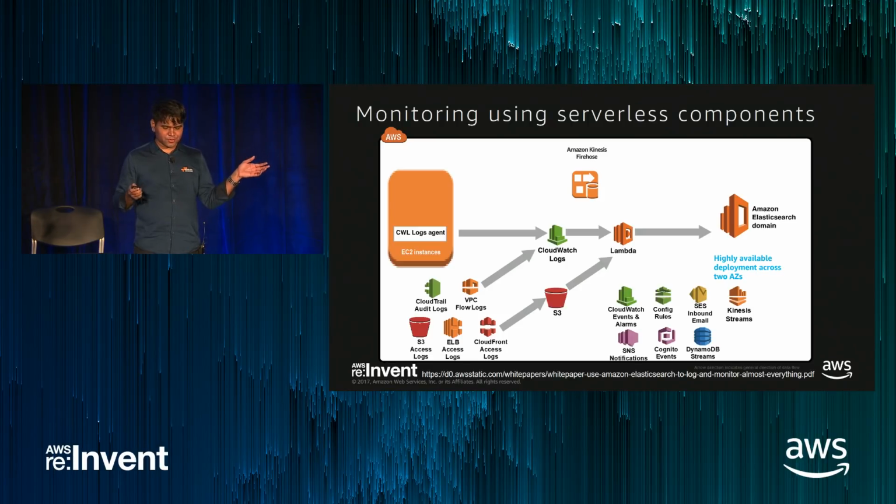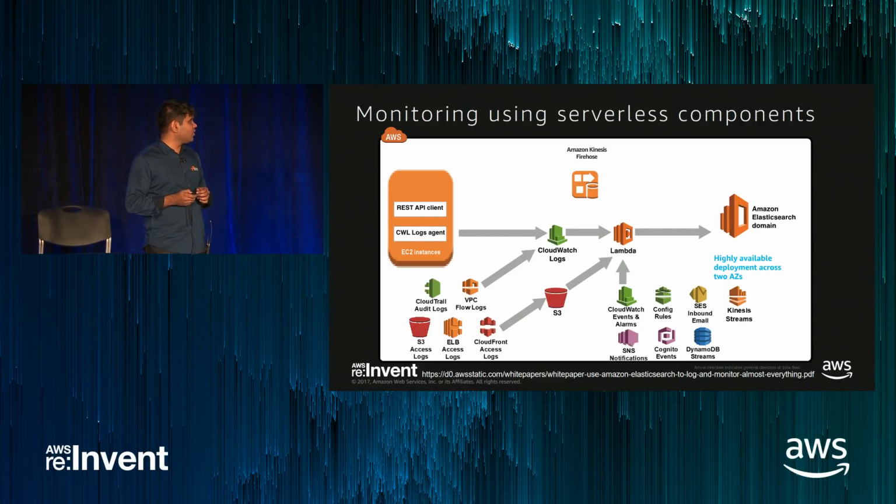Then there are still more services that make your life further easier by reporting various things. Again, you can get all this data into Elasticsearch. And if you're writing some applications and you want to monitor the custom metrics also, like the number of purchases that happen and things like that, you can have a REST API client that can directly post to Elasticsearch. So you can also monitor business transactions there.